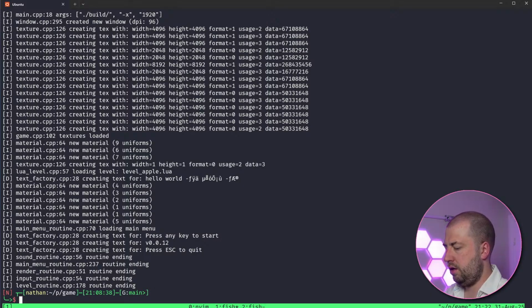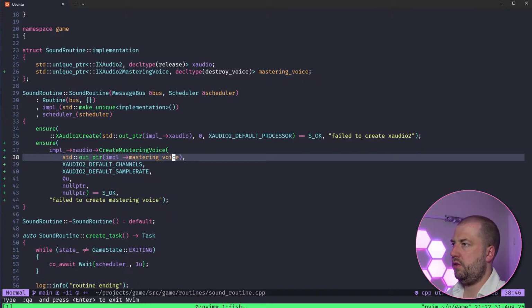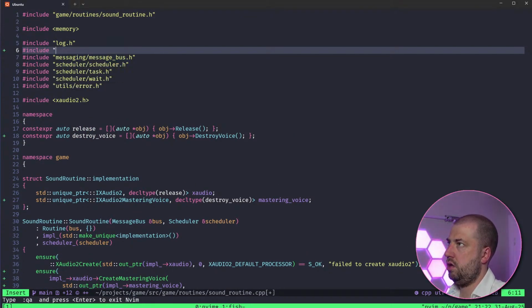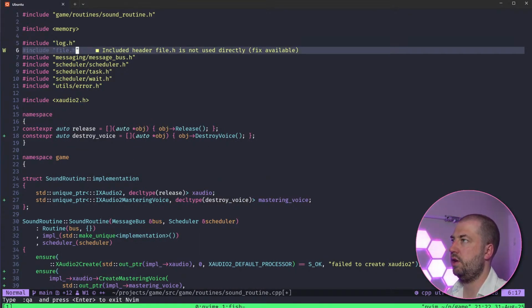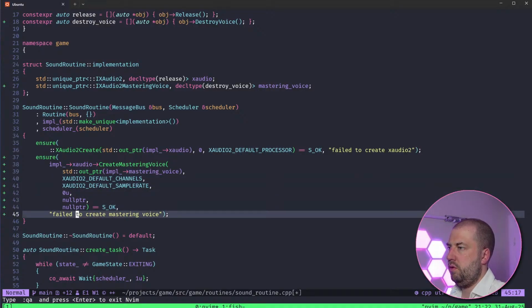So I'll be launching the game from here. So what does my makefile do when it's at home? Let me run. So we'll run it from this directory.